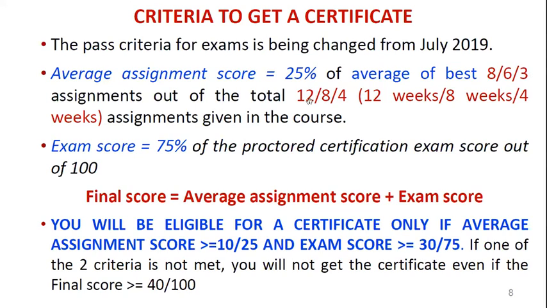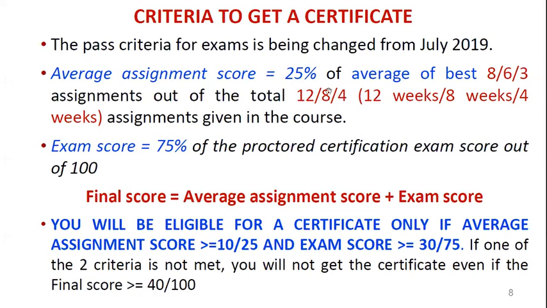What is this 12, 8, 4? These are nothing but course durations. NPTEL is currently offering three categories of course durations: the first one is a 12 weeks course, the second one is an 8 weeks course, and the third one is a 4 weeks course. We may call these modules: 12 modules, 8 modules, 4 modules. Or you may call them units. From our academic point of view, we call it a unit. On the MOOCs platform, they call it modules or weeks.